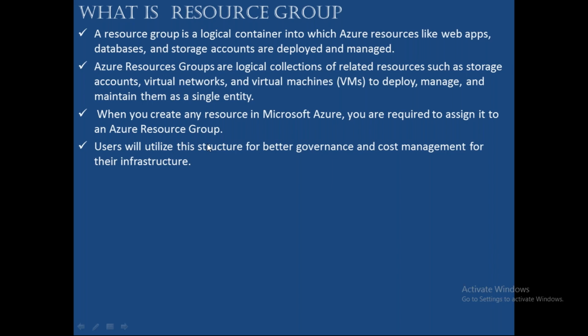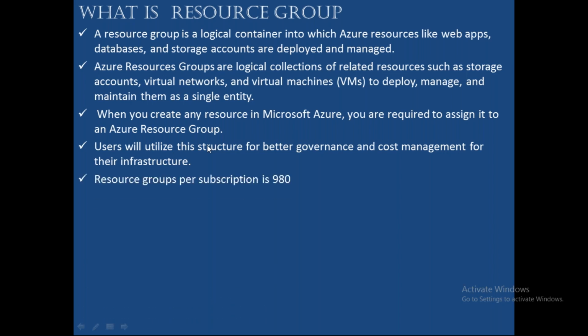So from the resource group also you can understand what is the total charge I need to pay for this particular resource group, whatever services you kept in it. Example, you launch a virtual machine and Azure Data Factory in a resource group. Now ADF is 100 rupees per hour, and the virtual machine is 200 rupees per hour. So when I ask what is the charge per hour for this particular resource group, how much? In this resource group, we have a virtual machine and ADF. Virtual machine is 200, ADF is 100. 200 plus 100, 300. So the total charge I'm going to pay for this resource group per hour is 300, because in this resource group I have two resources.